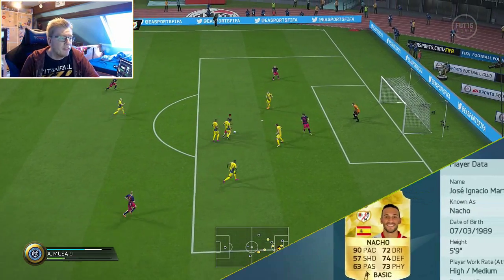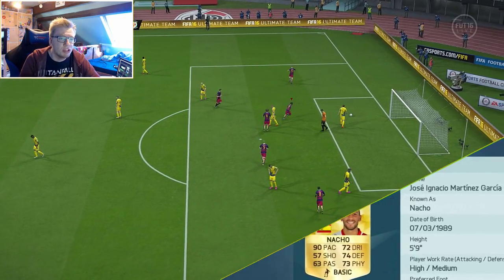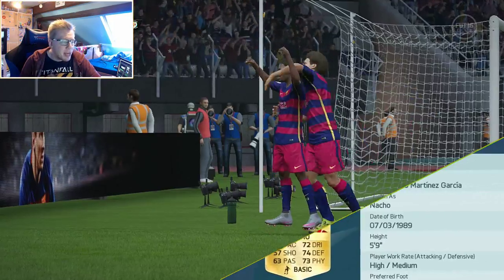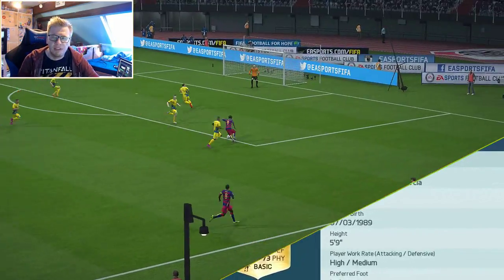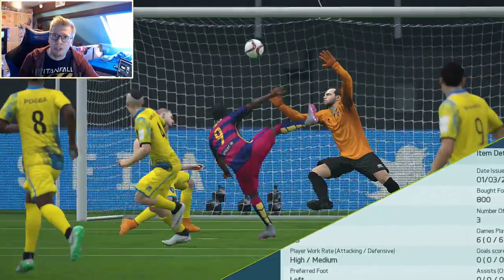He stands at 5'9", he's got 90 pace, which is exceptional at left back. He's got 74 defending, 72 dribbling. He's costing me 800 coins, and at the end of the day, at wing back, the minimum requirement to be decent is a decent amount of pace and half decent defending and physical. Nacho's got that. 90 pace and medium 70s in defending and physical is more than enough,